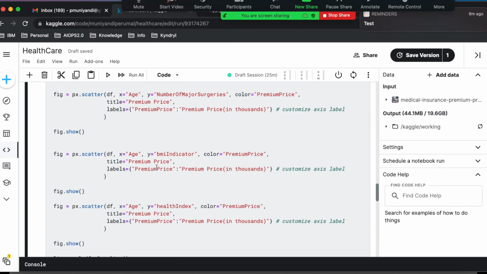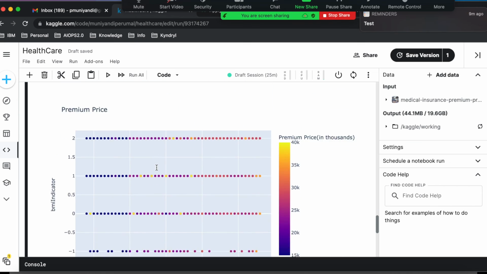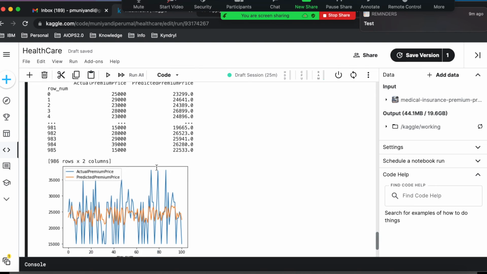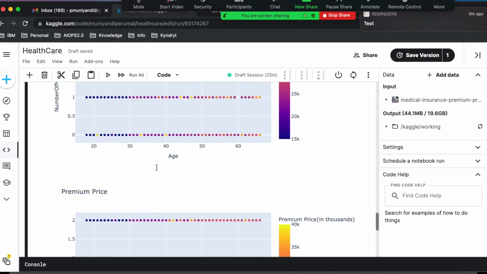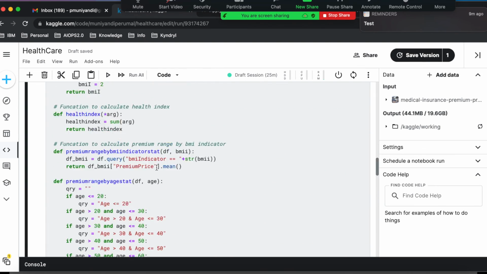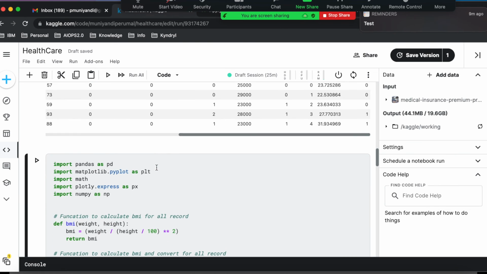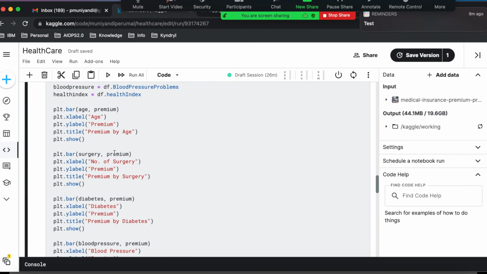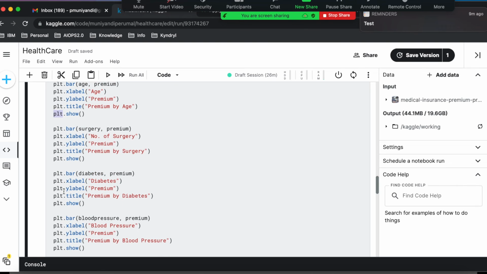This is what I did in this scatter plot. So here you have different kinds of diagrams: a line graph, a bar graph, a scatter plot. There is a library, Matplotlib, which supports all of those. Wherever I'm drawing, I will be using plt. So if you want to draw a diagram, you need to use the Matplotlib library.